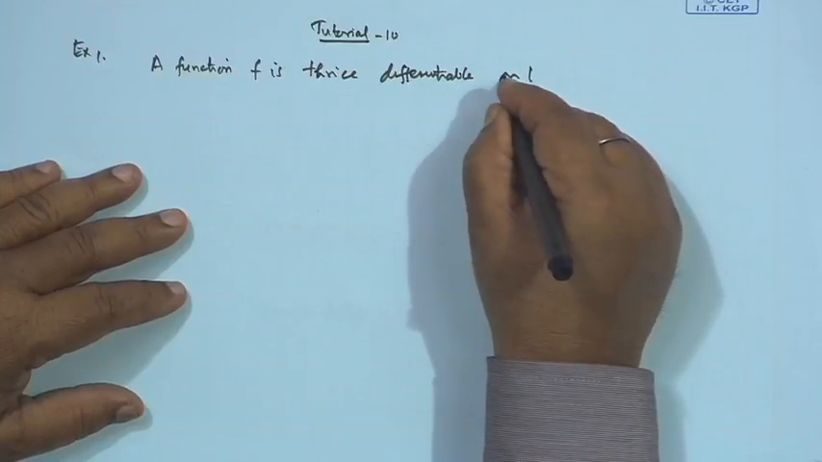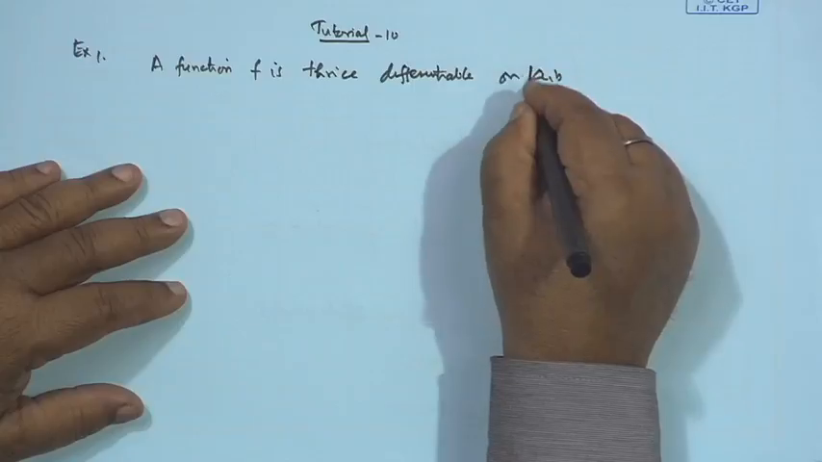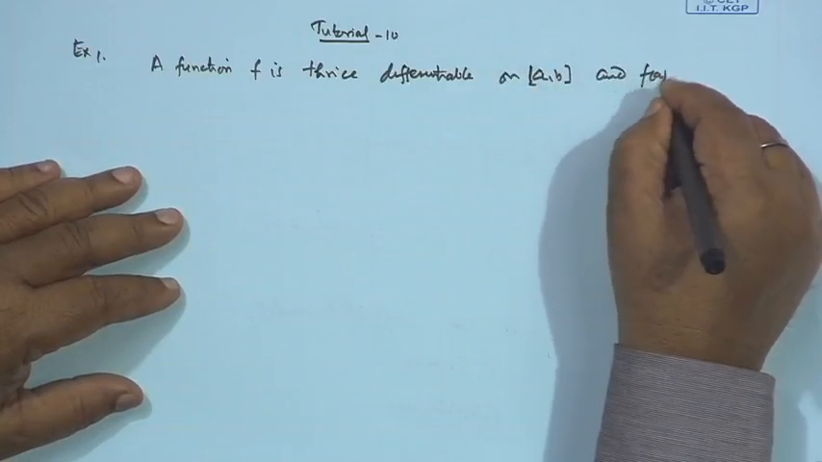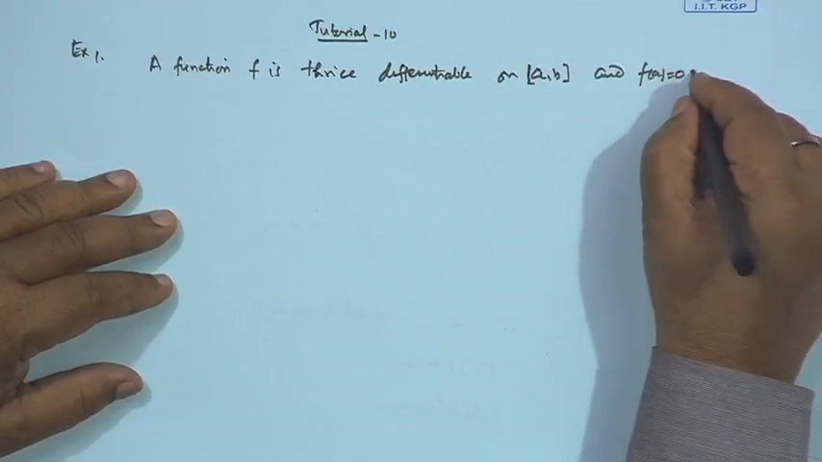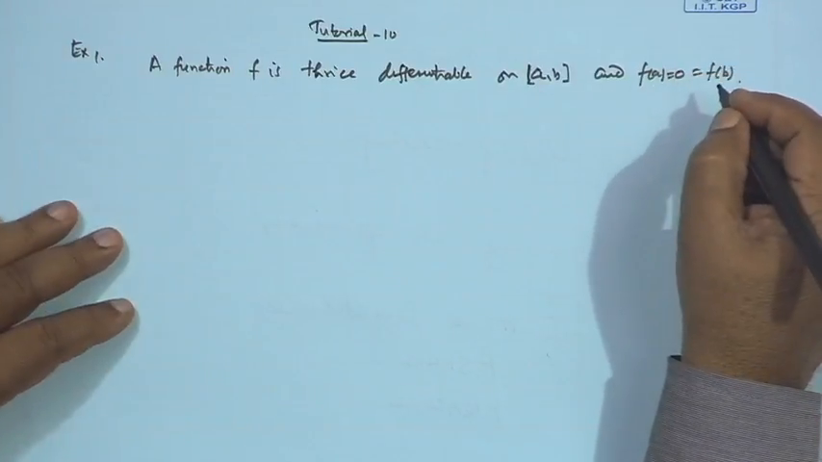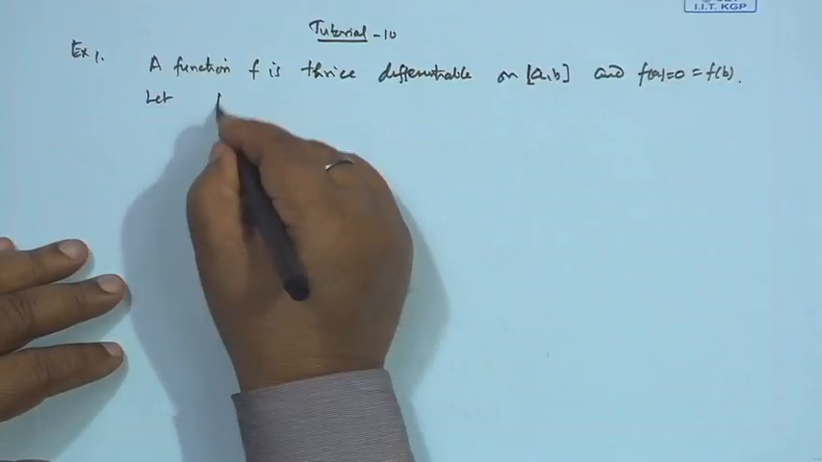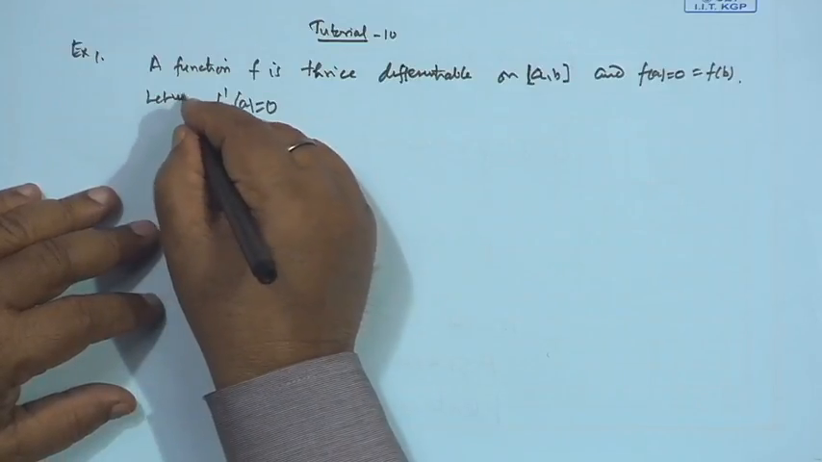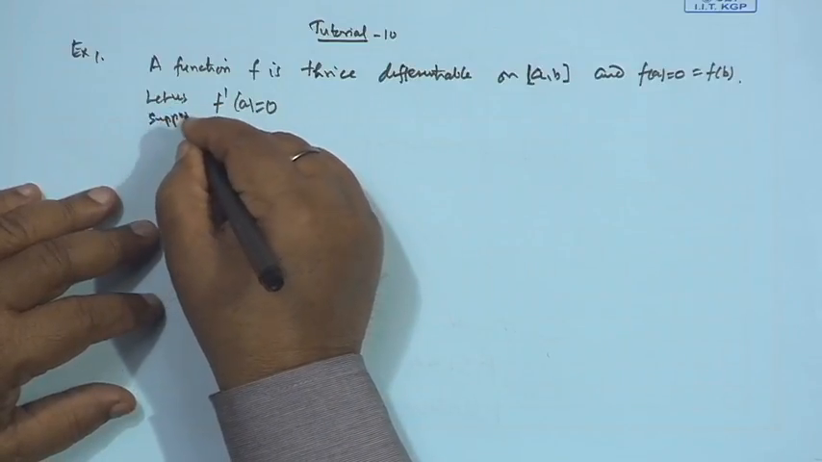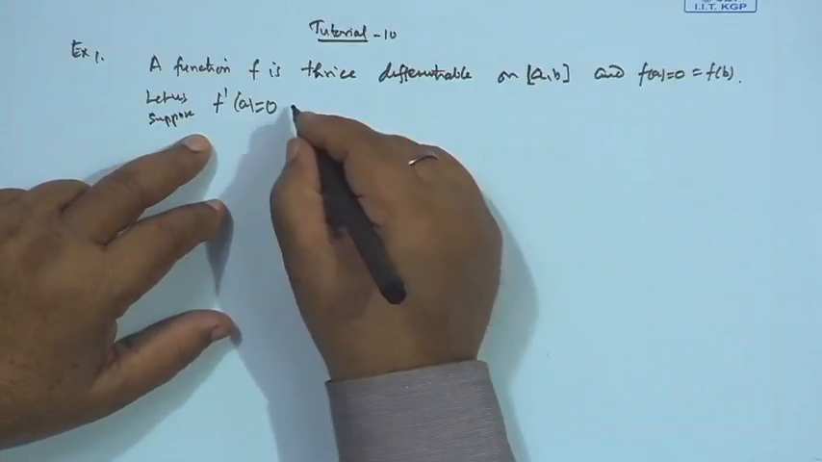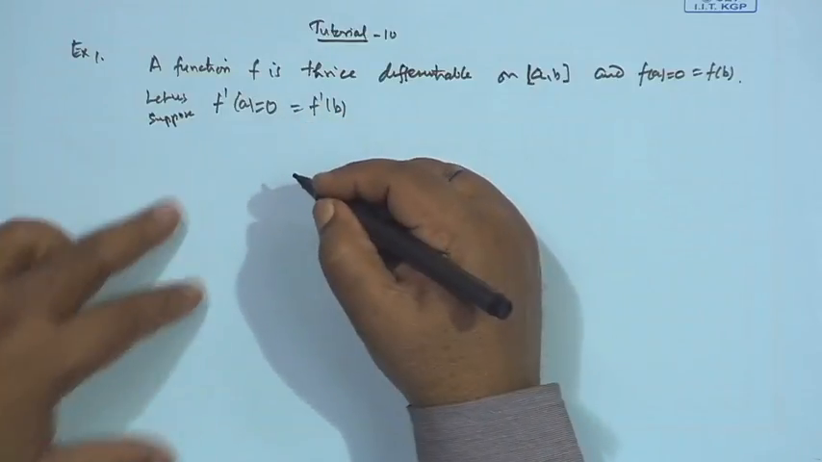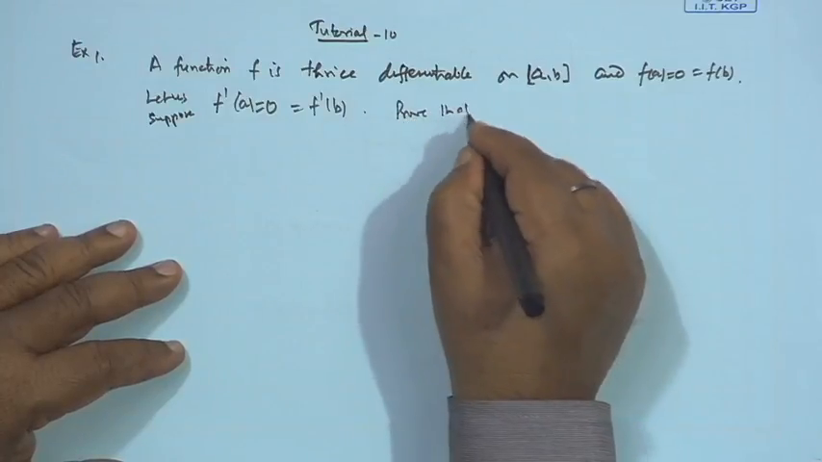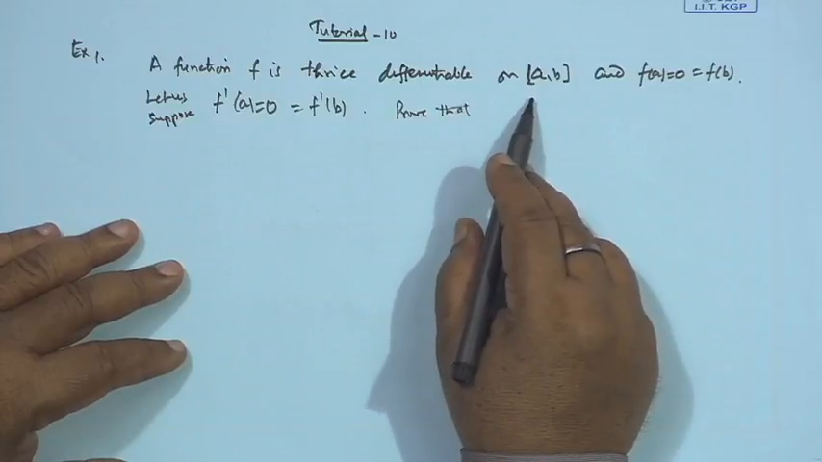A function f is thrice differentiable on a closed interval, say [a, b], and f of a is 0, f of b is also 0. And suppose f prime a is also 0, f prime b is also 0. Then prove that